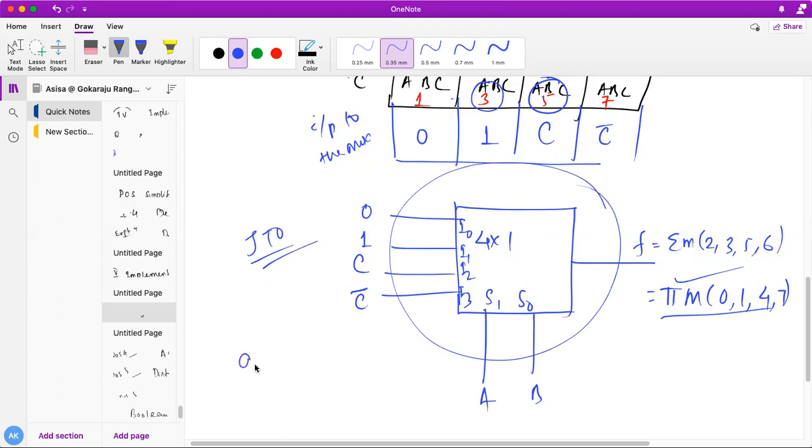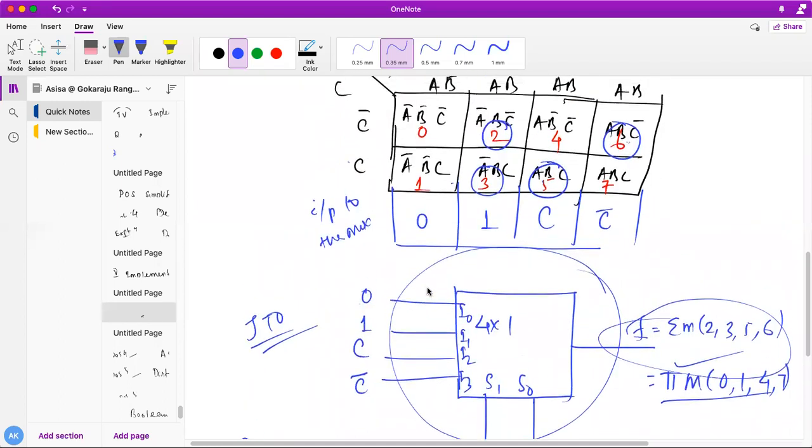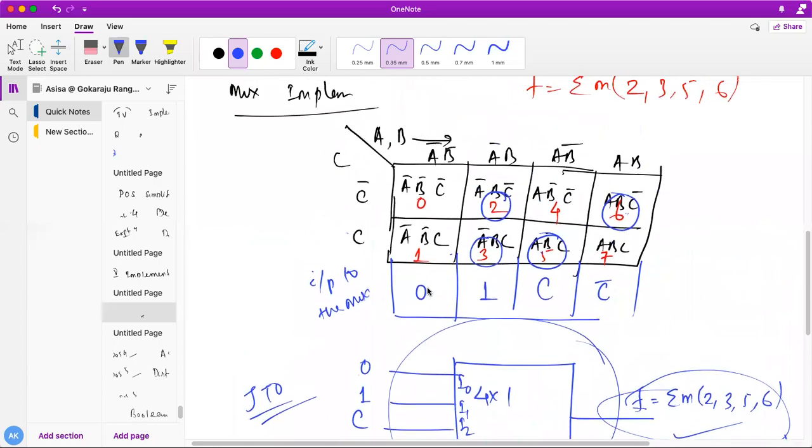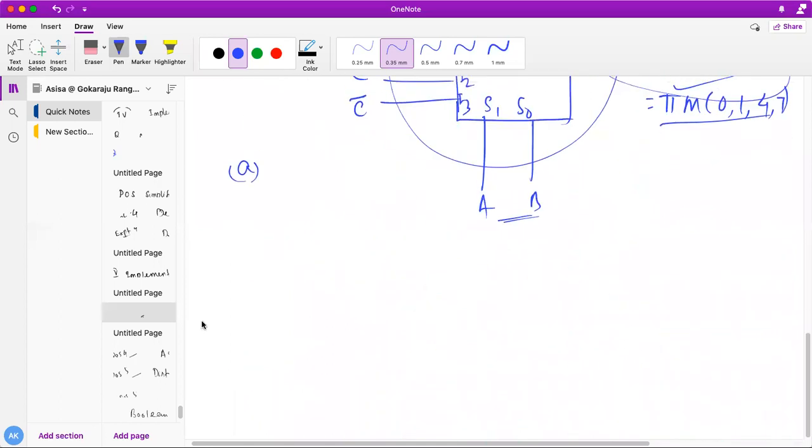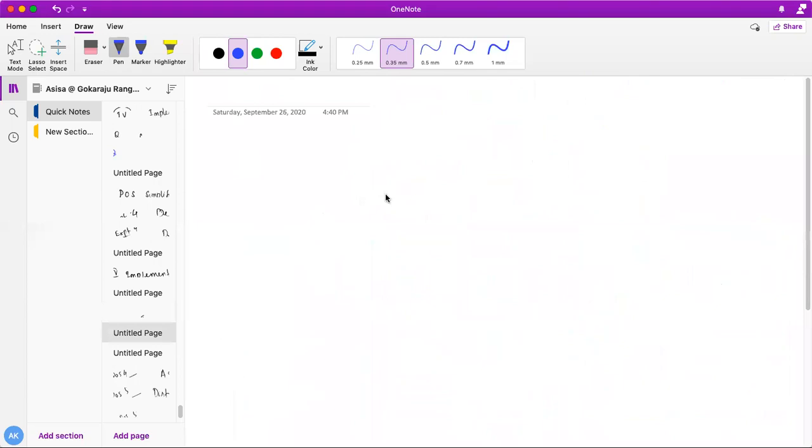So there will be many options. A will be, let's say this option, B will be something different given here. C will be different, and A, B will also be given with a different select line. So you need to check how this particular function gets expressed or not by using this way. So you need to draw the mux implementation table, that is important. Next we'll move to the next chapter.